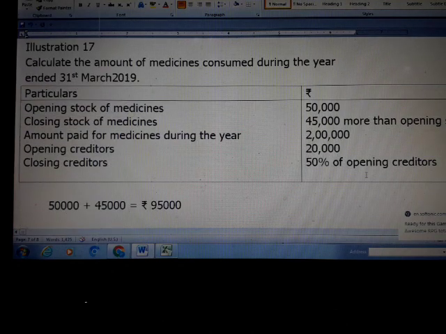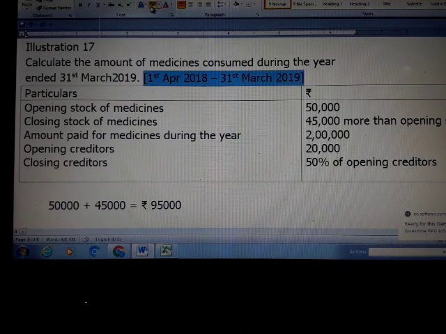Problem number 17 asks us to calculate the amount of medicine consumed during the year ended 31st of March 2019. So we need to prepare a separate stock account for medicine for the year. Which year do we have to prepare it for? We need to prepare it from 1st April 2018 to 31st of March 2019. So this is going to be our period for which we have to prepare